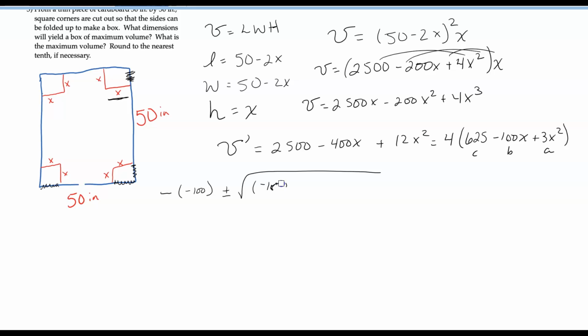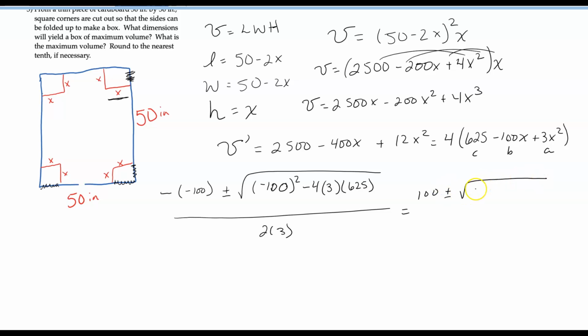Negative 100 squared minus 4 times 3 times 625. Should look like that. All divided by 2a, which is 2 times 3. Okay, not too bad. So I end up with positive 100 plus and minus